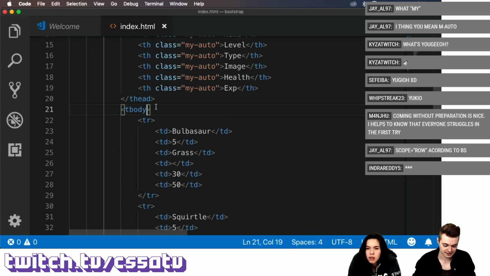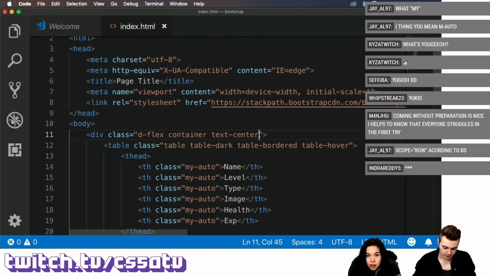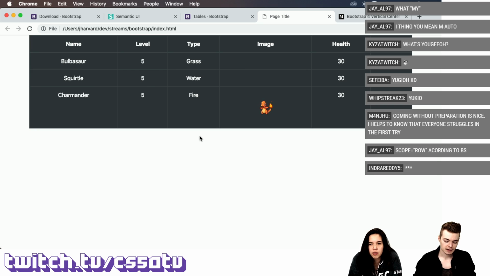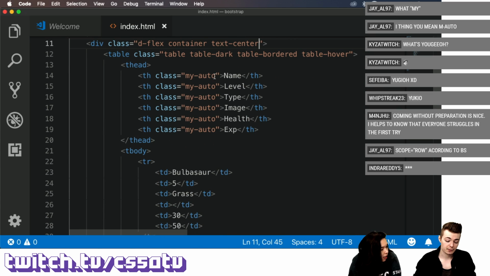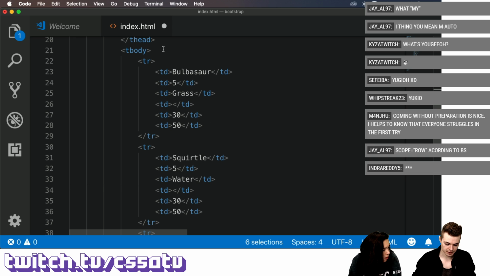Oh, but I had the deflex thing up here. Oh, shoot. Okay. Someone says align middle. Yeah, Colton and I were actually just talking about align middle. So if we do that, so we can actually do that. So if I were to do this and do align middle, and then if I were to come down here